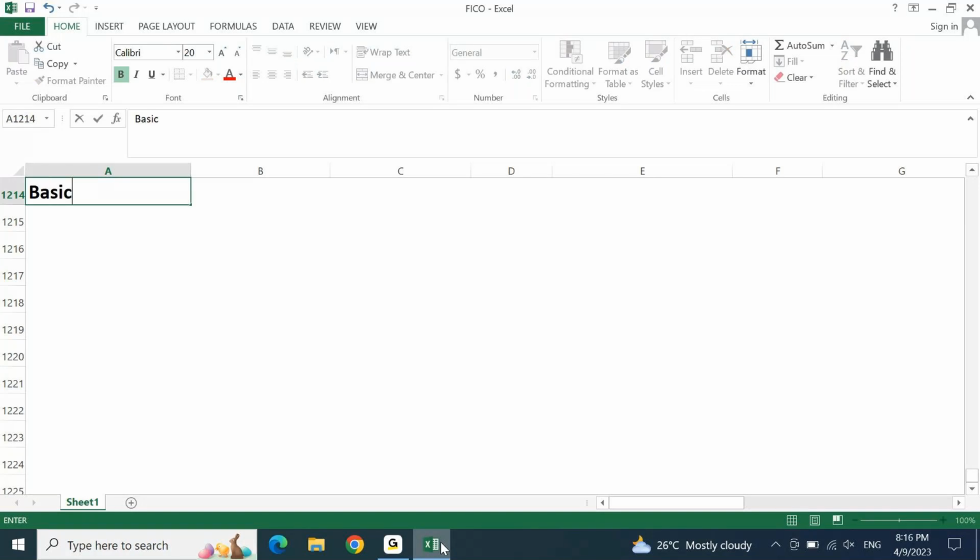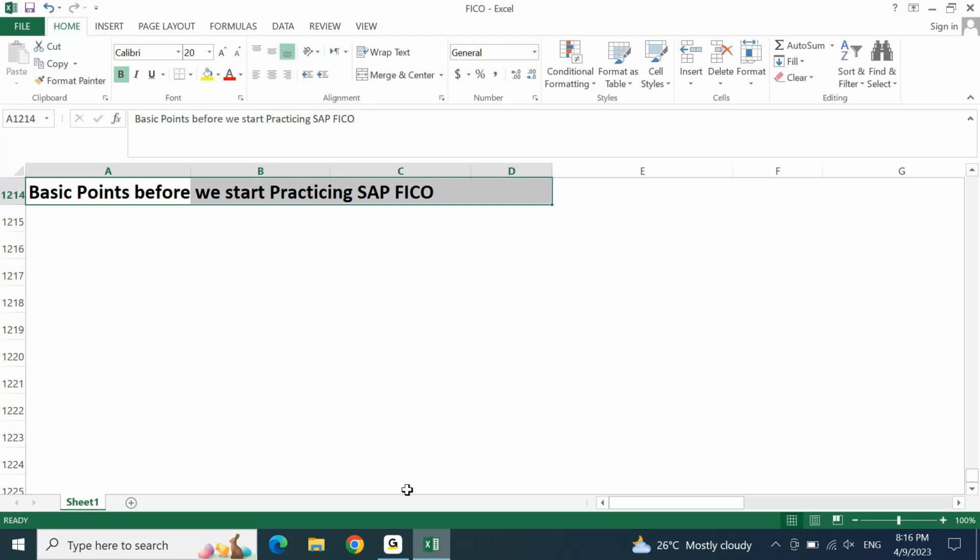Now, basic points before we start practicing SAP FICO. Certain basic points that we'll have to remember before we start practicing SAP FICO. Okay, so first point,